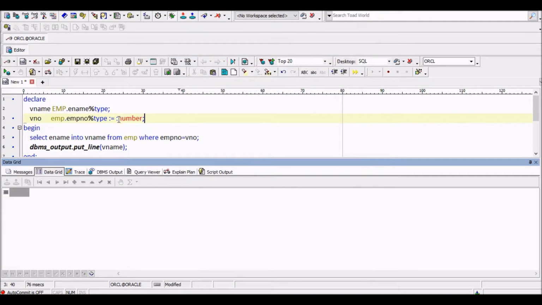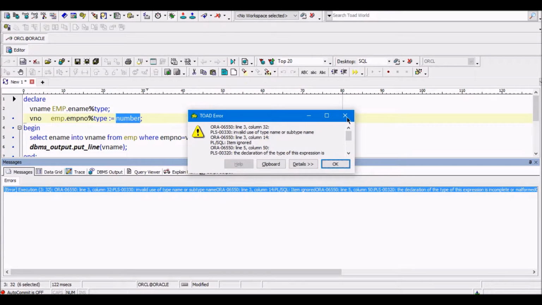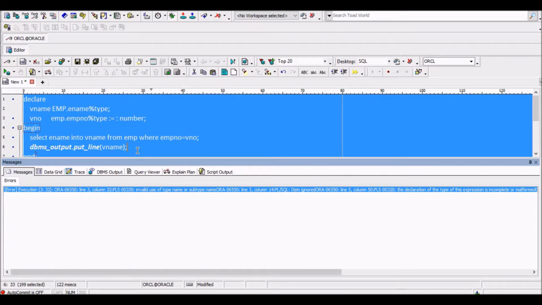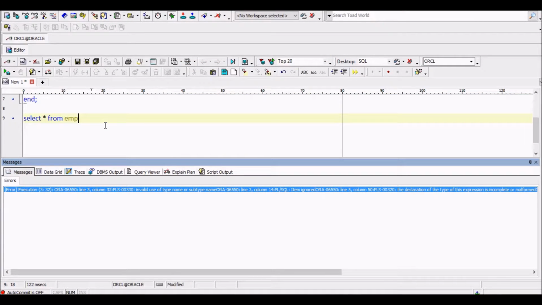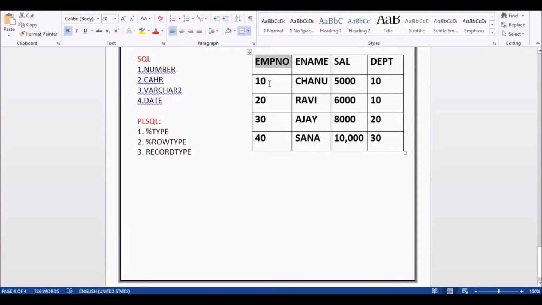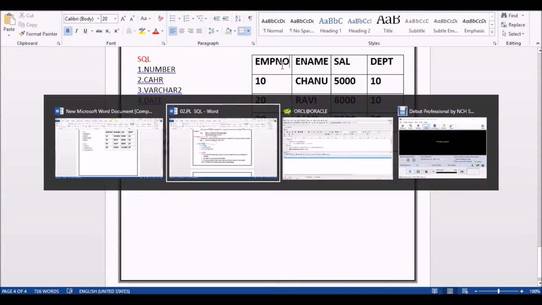But this colon means parameter box. If you don't use it, you cannot display the dialog here. See, there is no display box over here. So we should use that colon, then it will show the parameter dialog box. This is nothing but a type. Here I have taken the value of percentage type as emp number.